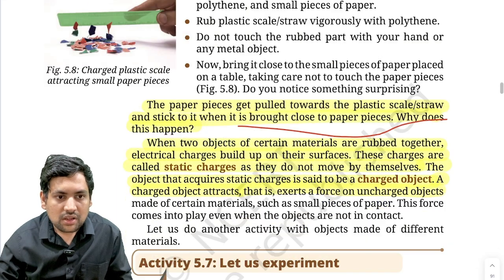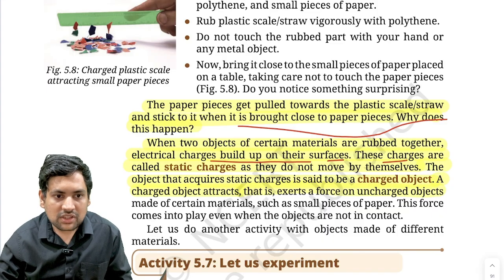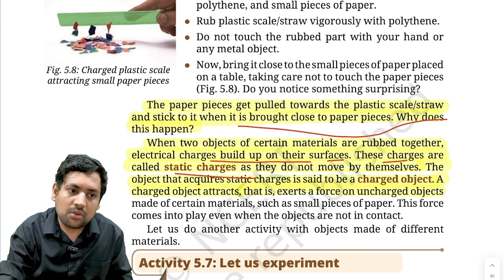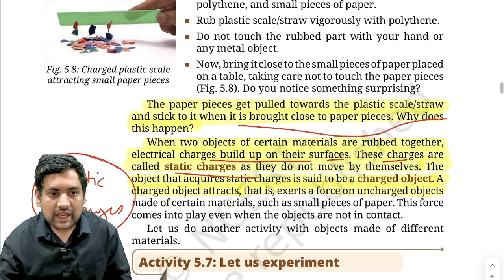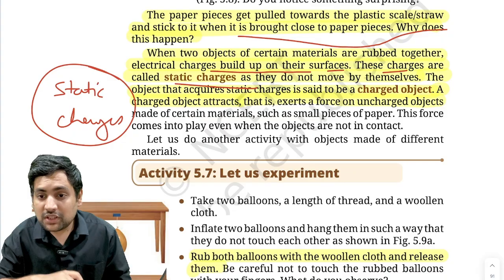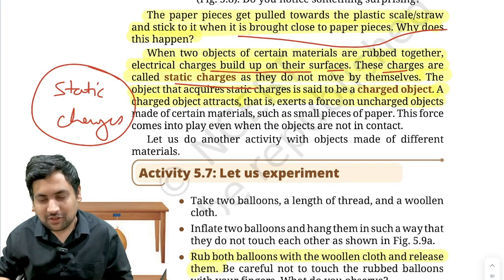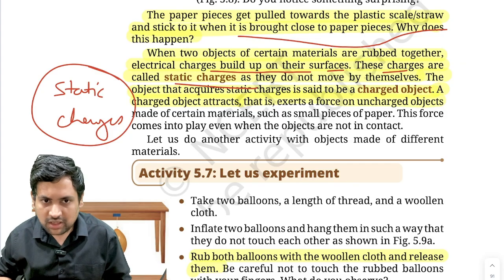Why does this happen? When two objects of certain materials are rubbed together, electrical charges build up on their surfaces, correct? Then these charges are called static charges. Why are they called static charges? Because in this case the charges are not moving. That is why they are called static charges. If the charges are moving, what is that? That is electricity. Movement of charges is electricity. So here you have static charges. Charges are not moving, but